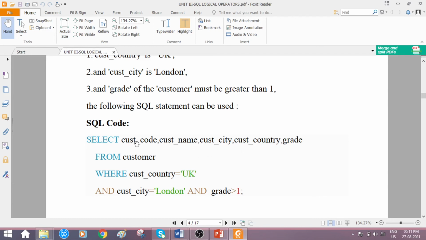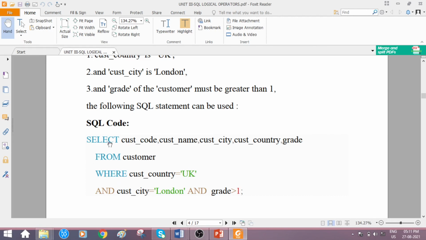Those column names we have mentioned separated by commas. After mentioning the last column name, no need to specify a comma. Use the keyword from. What is the table name? Customer. Mention the where clause.